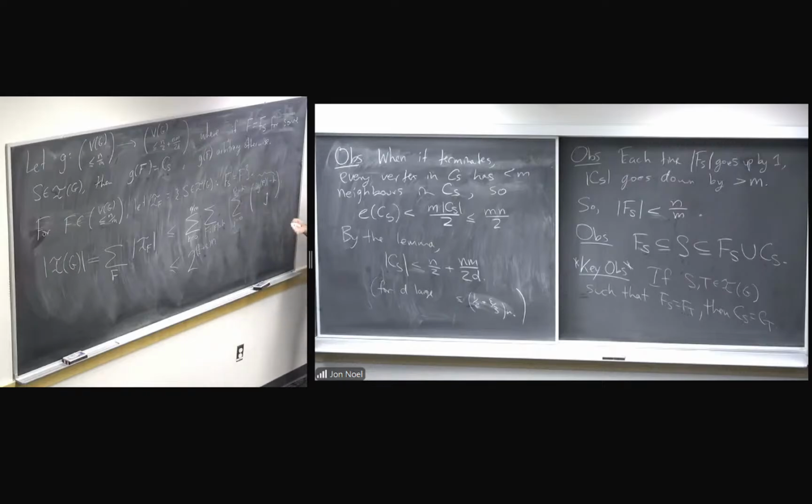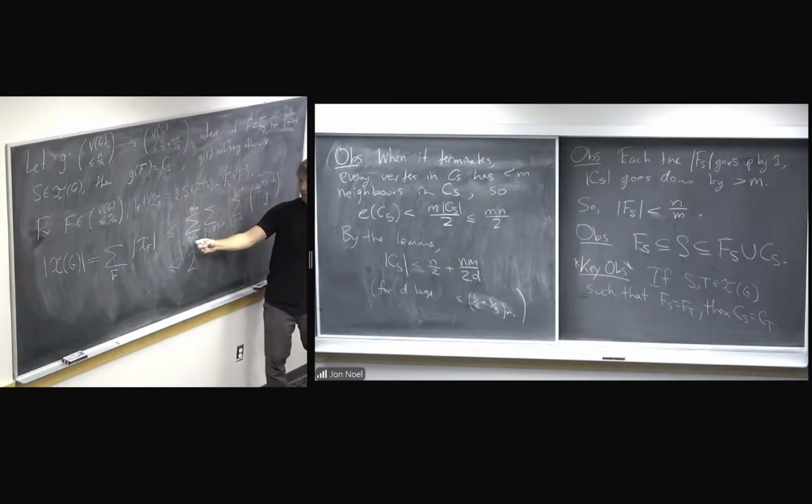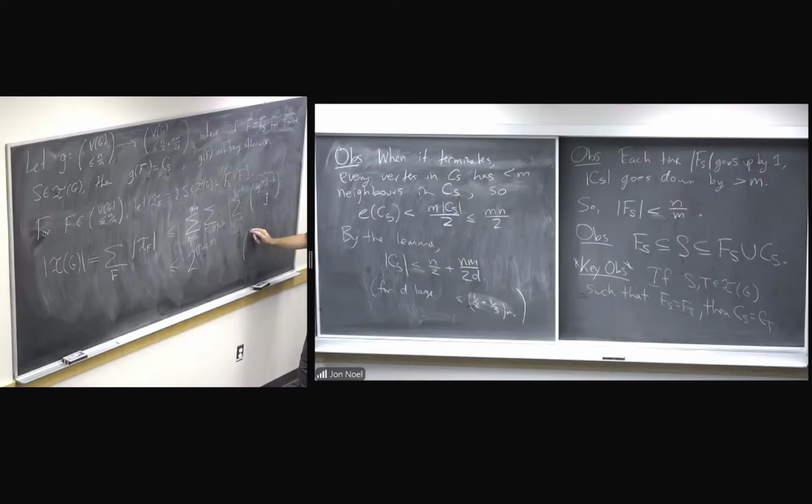The important thing here is that the number of containers is very small because the size of the container is small. The important thing is that this is at most something quite small compared to 2 to the n. So let's say that's a lot less than 2 to the epsilon n or something. But yeah,